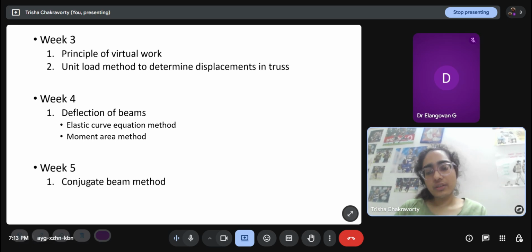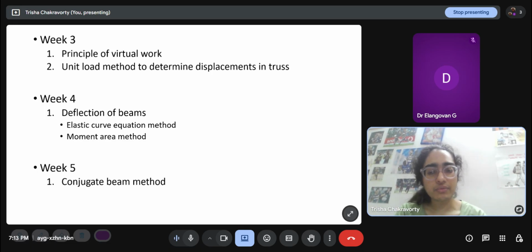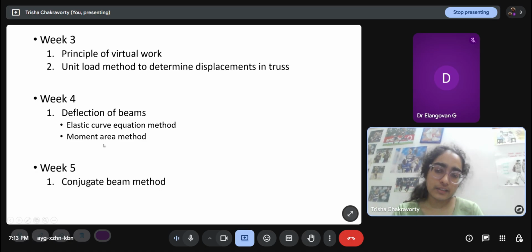The moment area method and conjugate beam method are two shortcut direct methods, which have some theorems and rules, using which we can find relationships between the deflection and slope in a beam directly. But they generally give us information about only one or two points, which we have to choose. For that, we need practice. Unlike the elastic curve equation method, which gives the entire deflected profile in one go, but again, is a lengthy method. The moment area and conjugate beam methods are shorter, so generally we need to know how to use them for competitive exams, like the ones which have MCQ questions and you need to solve them fast.